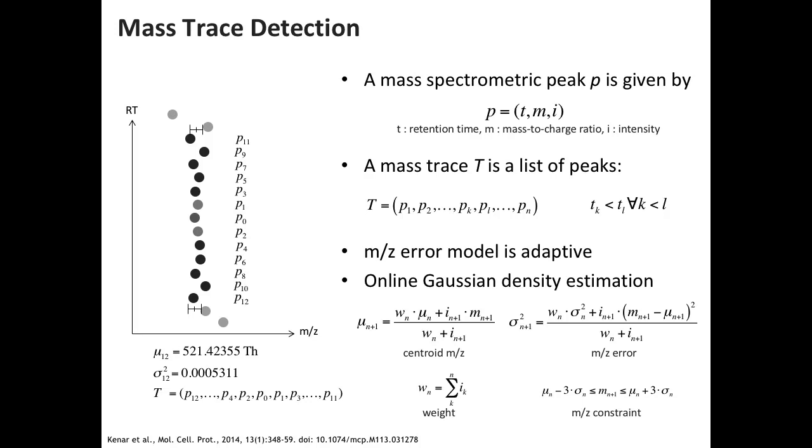Yeah? And that's sort of the beauty of that, because you end up with a mass trace where you know exactly what it means, and where this abort criterion is basically intrinsically defined by the data. And that makes it very robust. When you start with this error window, it doesn't matter whether you start with 1 ppm or 2 ppm. It just has to be a decent estimate. If it's too narrow, then that's not a good idea. But if you're off by a factor of 2, it doesn't really matter. It will still end up with more or less the same mass trace because it estimates this error on the go. It just needs a decent starting value.